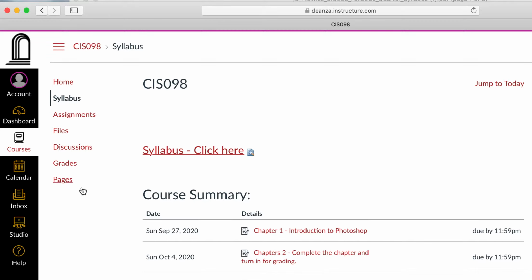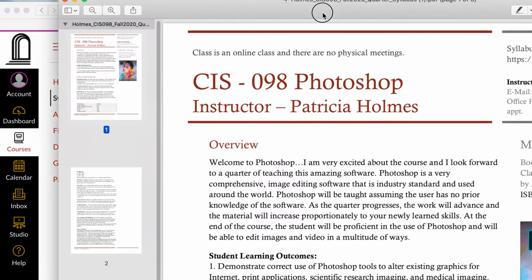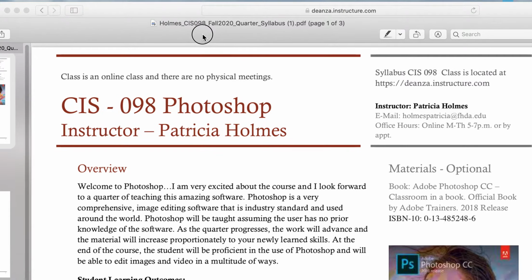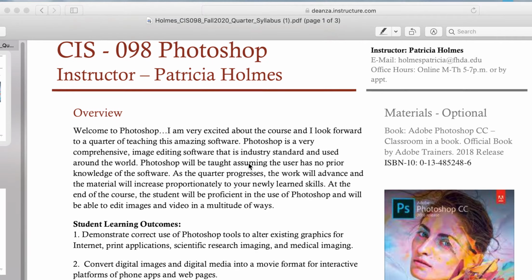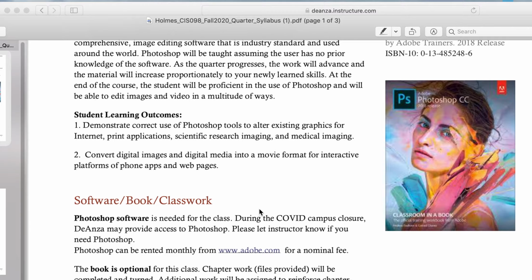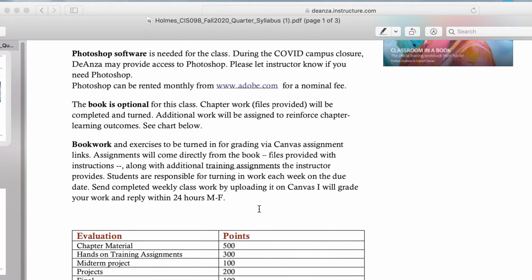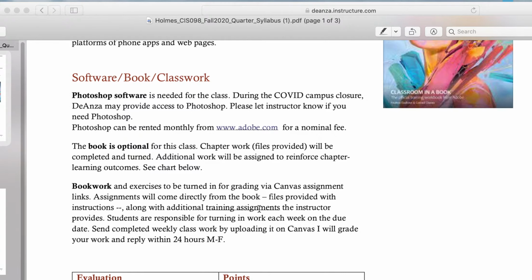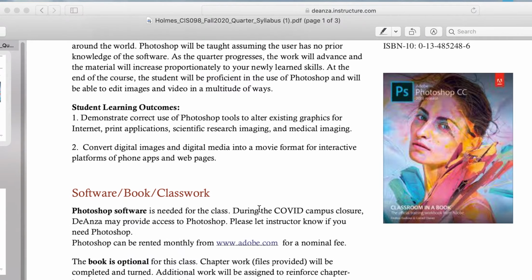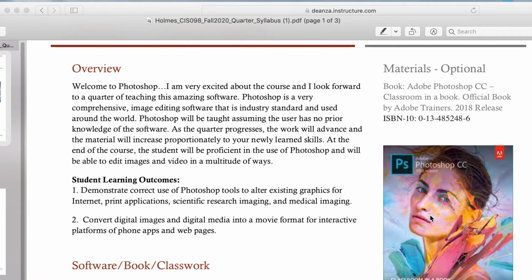Okay, so let me just tell you a few nuts and bolts about the class. Let's take a look at the syllabus super quickly. The syllabus, again, there's a link. You can find this. Class is 100% online. We do not have any mandatory Zoom meetings or mandatory blogging discussions or anything like that. Each week you have some assignments, and each week you turn in the assignment. It's very straightforward. The book is optional, and if you choose to get the book, this is the ISBN number,